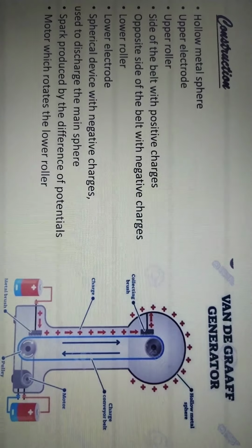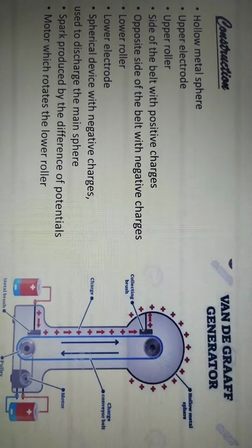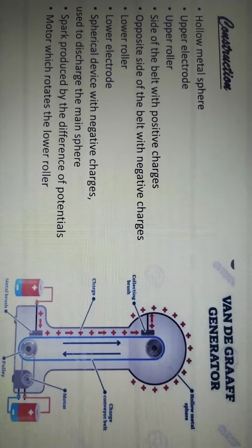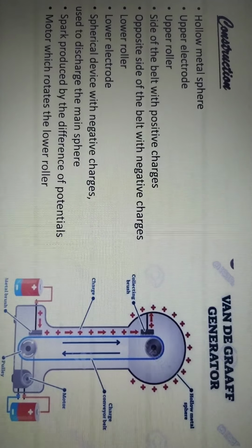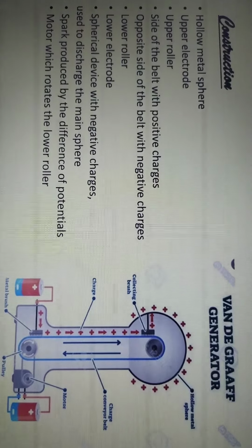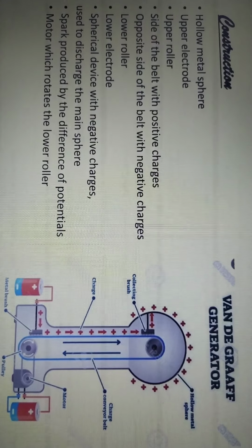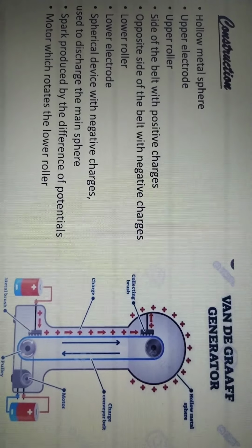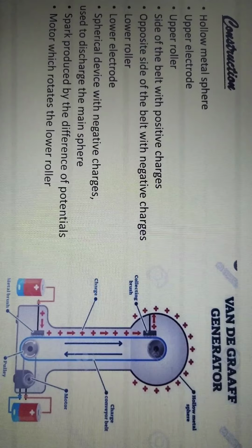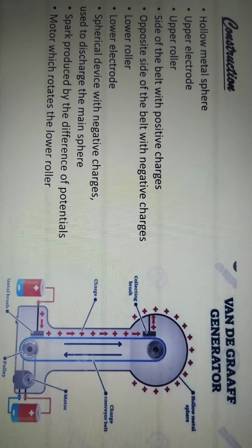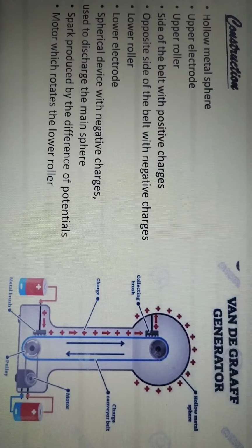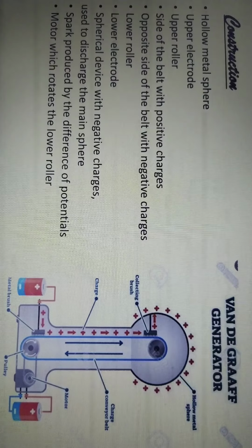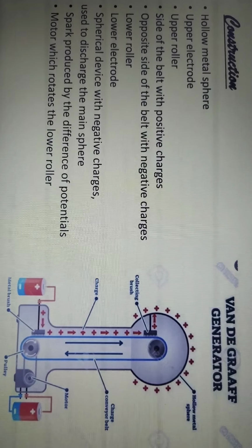The comb is maintained at high positive voltage by external supply. Another comb called receiver comb is positioned at the upper roller and is connected to a hollow metal sphere. A motor is connected to the lower roller in order to move the belt, and when the motor is turned on, the belt moves over the pulley. Comb positioned near the bottom roller, which is connected to high positive potential energy, sprays positive charges on the outer side of the belt. Charges on the belt are carried upwards and are collected by the receiver comb on the top of the generator. Since the upper comb is connected with the hollow conductor, the charges get transferred to the